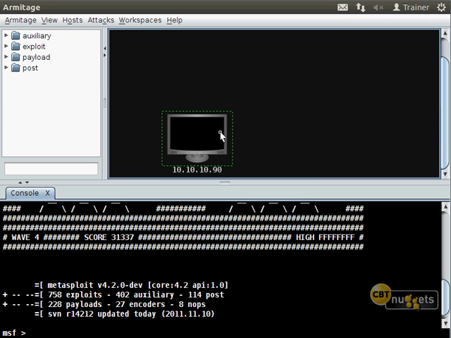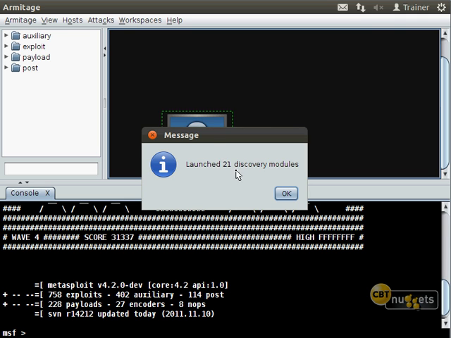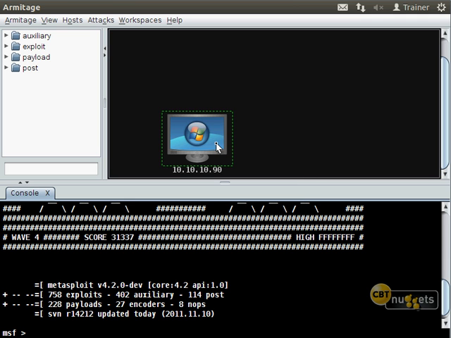And there it is. Now, we really don't have much going on with this yet. If we use Armitage, this is going to be kind of noisy. We can scan it. It's going to use an Nmap scan and several other things. I think there's 21 different things that it does to footprint this machine. There you go, 21 different discovery modules. But one thing you want to keep in mind is that it's kind of noisy.